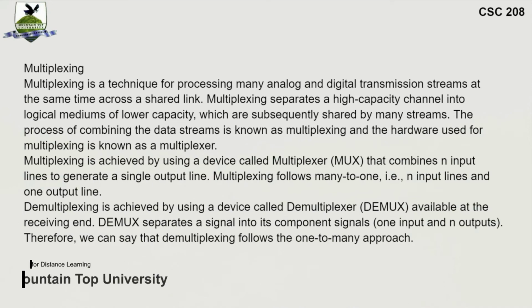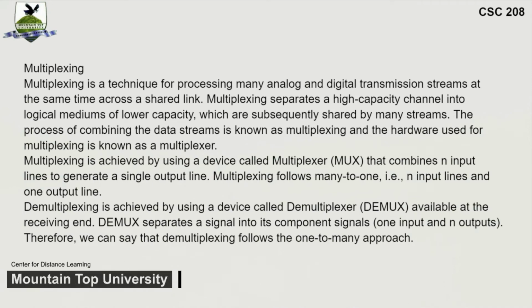Multiplexing. Multiplexing is a technique for processing many analog and digital transmission streams at the same time across a shared link. Multiplexing separates a high-capacity channel into logical mediums of lower capacity, which are subsequently shared by many streams. The process of combining the data streams is known as multiplexing and the hardware used for multiplexing is known as